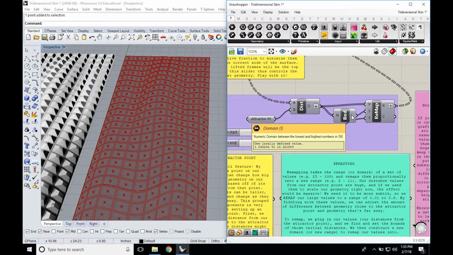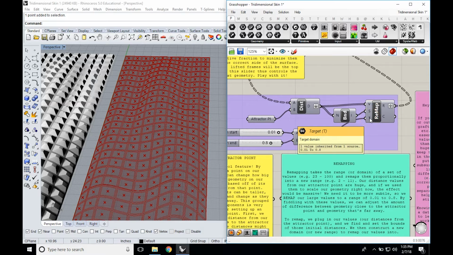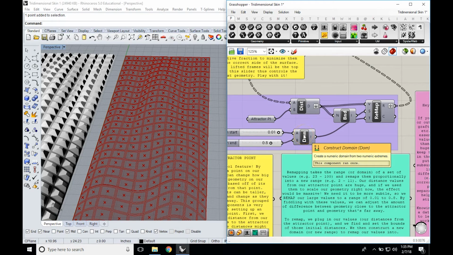So you can say here that we have a range from 1 point blah blah blah to 16 point blah blah blah. So it gives us our range in a way that we can use. So then we plug that into our source domain, and then it's also asking us for a target domain. So we have to set up what we want that new range to be. So in order to create a new domain, we have to construct it. So we're going to create a construct domain component,